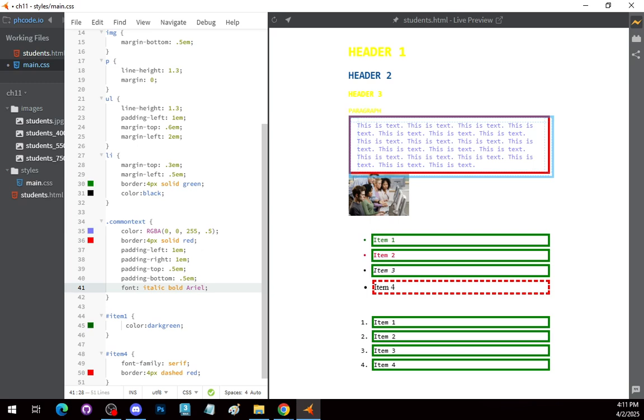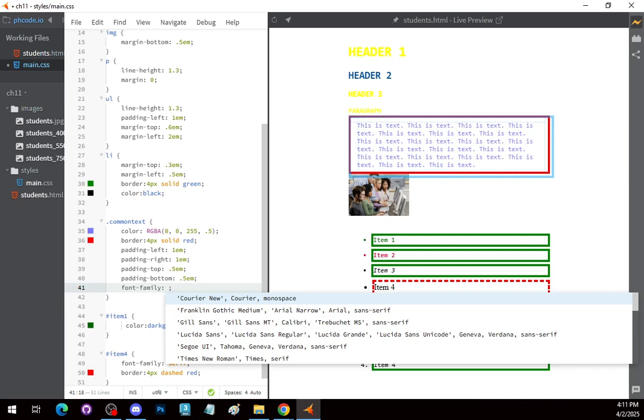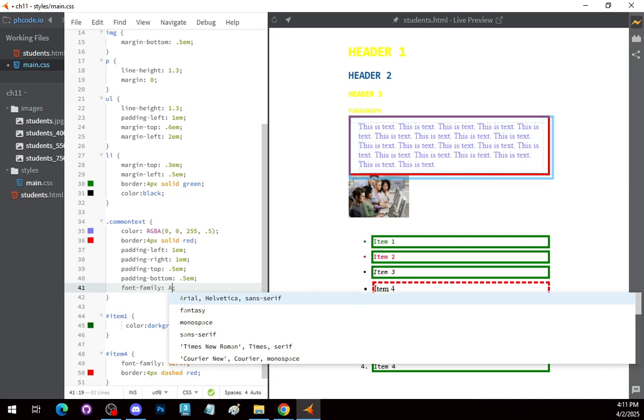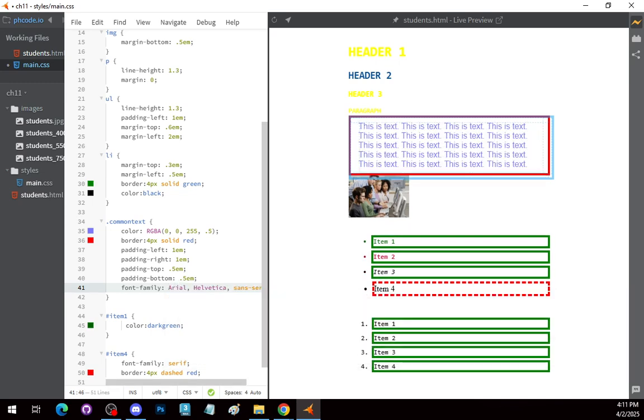Again, this is one of those, hooray, this is the font. What we really want is the font family. We'll do Arial. You can see we can. So there are,